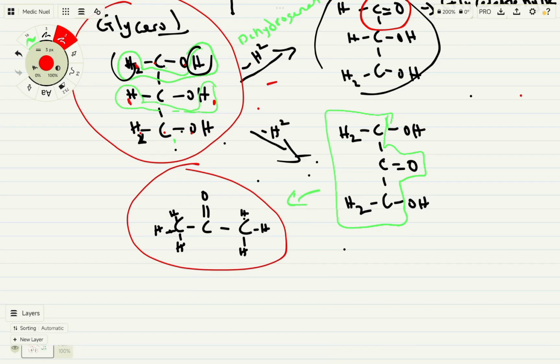Yes, so this structure you are seeing here is the smallest ketone you can get. And what's another name for ketone? They are called alkanones. So this is going to be